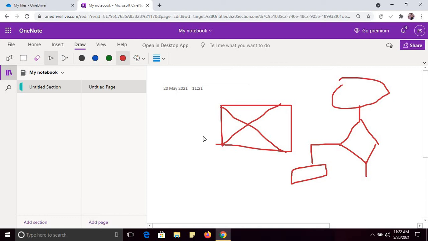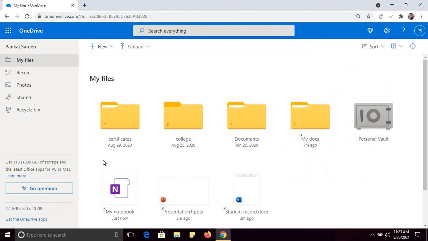So these are some important features provided by OneDrive, and you must try to use them, it will help you a lot. OneDrive not only provides you storage, but all the latest features of Microsoft Office. It's very simple. You just have to create an account on OneDrive, and then you can use all the features.